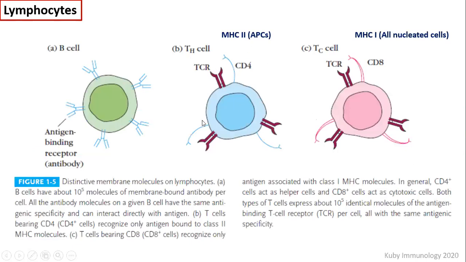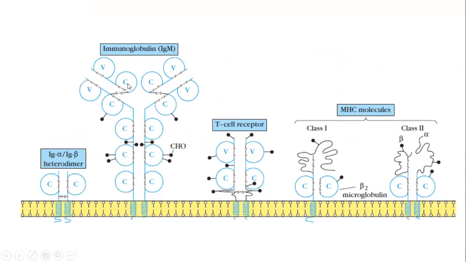The MHC CD4 positive, it's a T helper cell; T cytotoxic cell, CD8. Associated is the MHC2 molecule for CD4, APCs are antigen helping cells, and CD8 with all nucleated cells, MHC1 here. And fundamentally, one more difference from B cells to T cells is that T cells will always come with a T cell receptor. The T cell receptor will always be associated along with this CD4 marker that we already discussed,